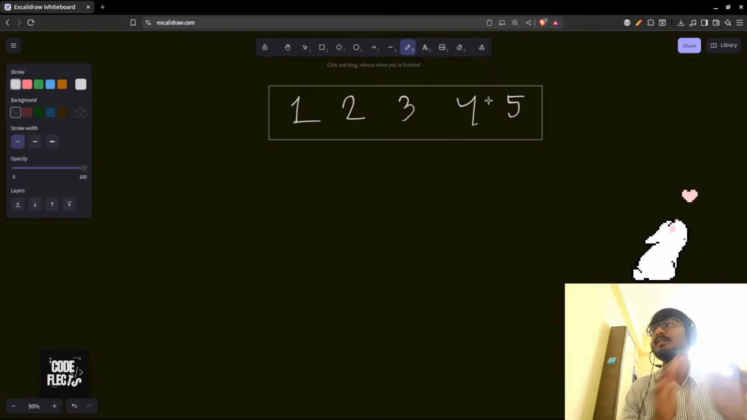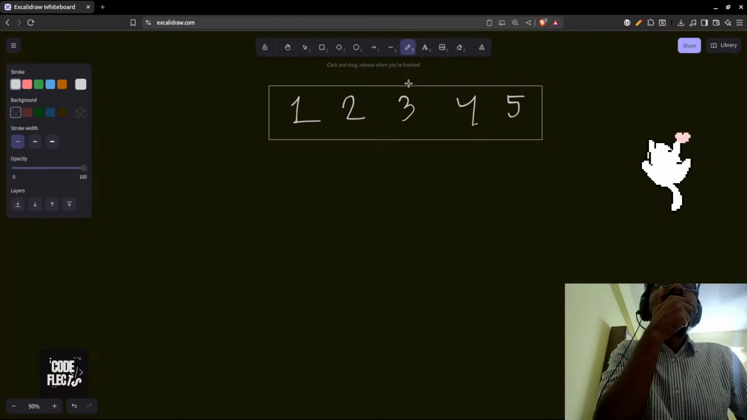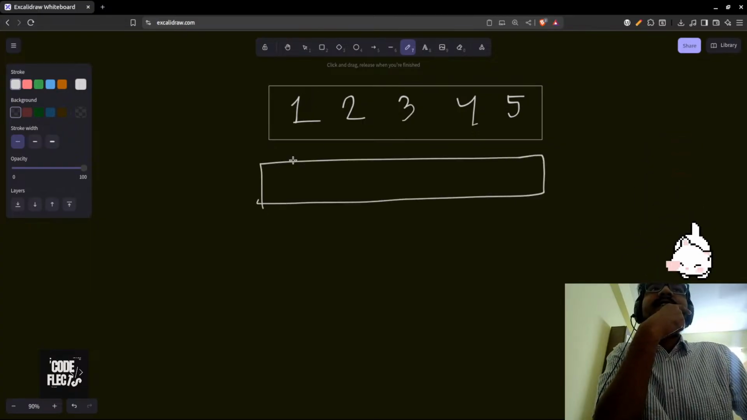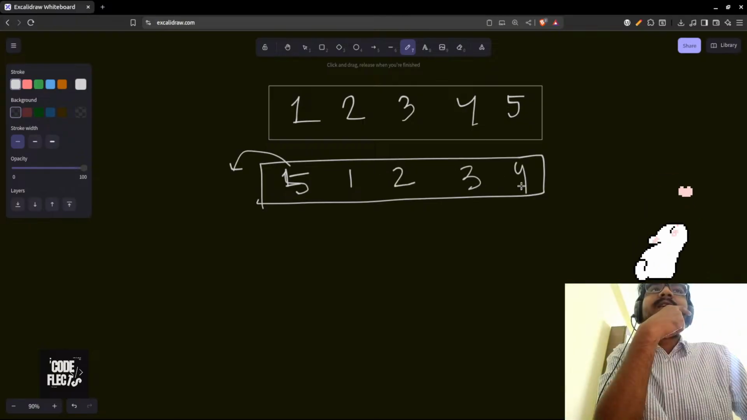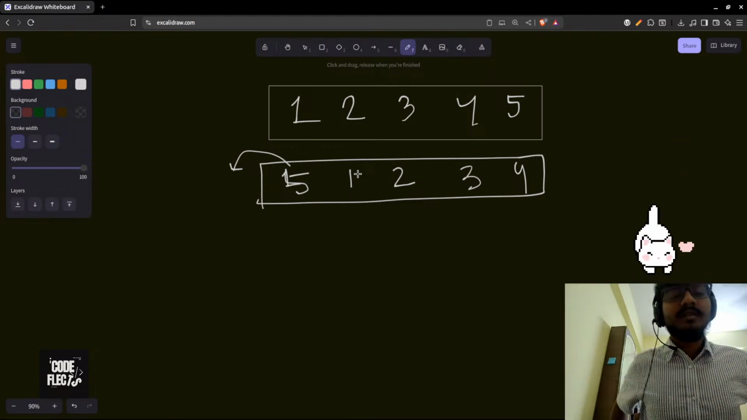So this is 5. Now what I need to do is I need to shift the value 1 left side. If I shift the value 1 left side, this will become 1 will become 5, 2 will become 1, 2, 3, 4, and this is what we want actually. So in which case